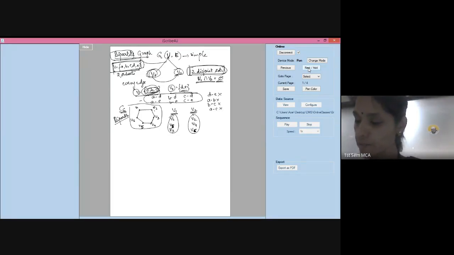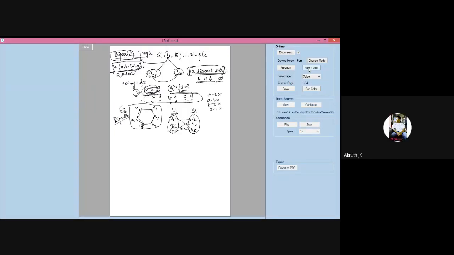Is it bipartite? We have an edge from V1 to V2. We have an edge from V2 to V3. We have an edge from V3 to V4. That is also right. Then from V4 to V5 is also fine. From V5 to V6 is also fine. V6 to V1 is also fine. So that's how it should be. My two subsets should contain vertices such that every edge is from one particular subset to another particular subset. Am I clear to you all?